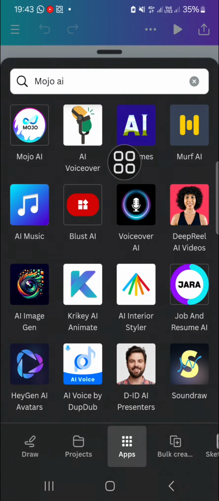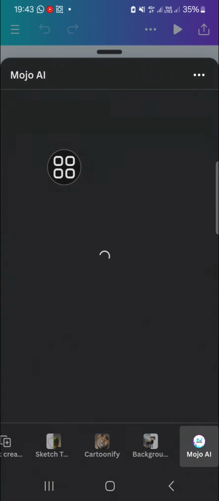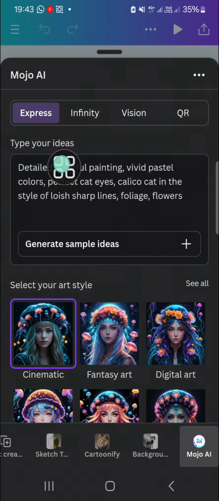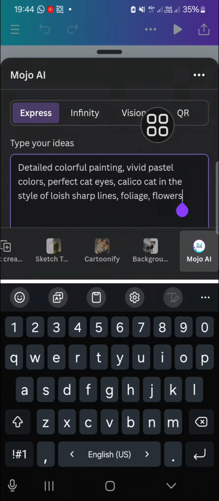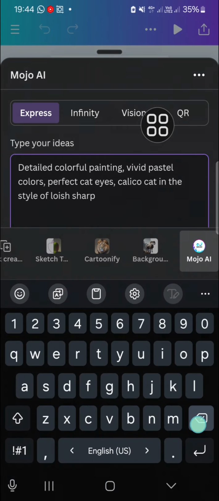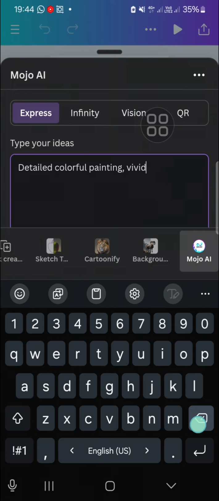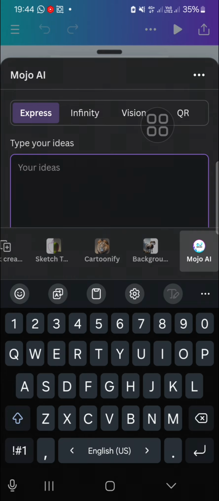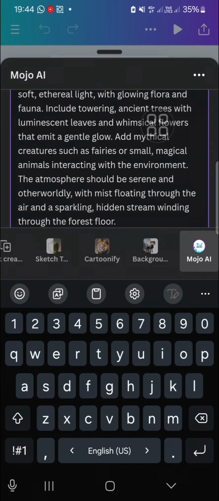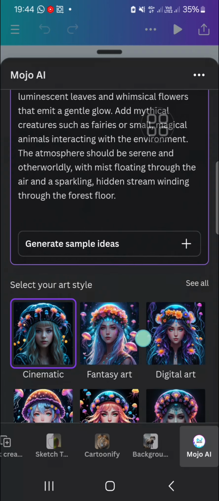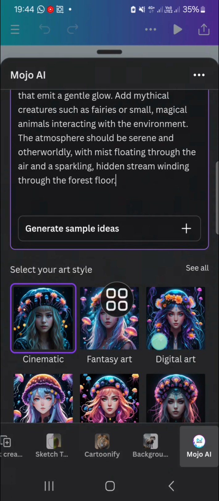Okay, and we're going to use this AI tool to create the background, and we can write the prompt right here. You can type your ideas. You can type in what you want to generate with this AI, and I'm just going to paste the prompt I have just created. Okay, right, and after that we're going to choose the art style,